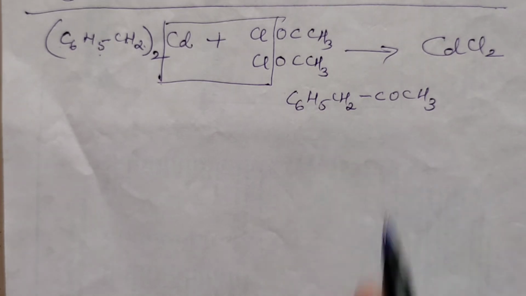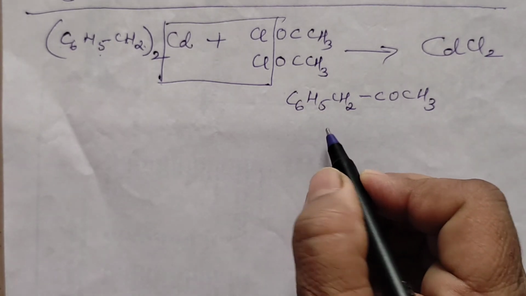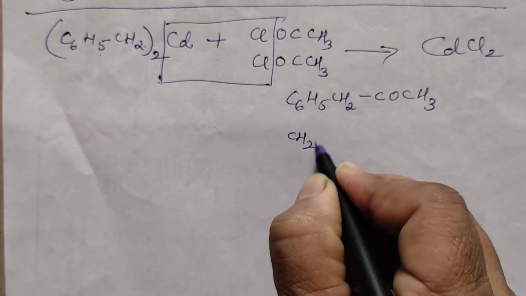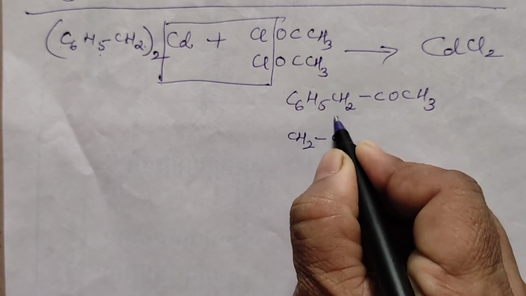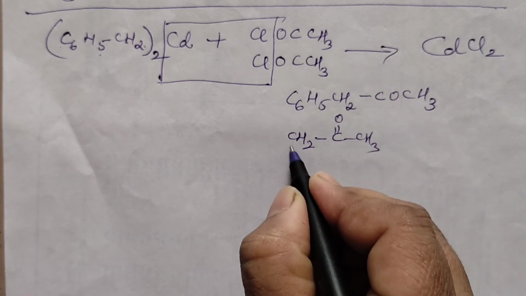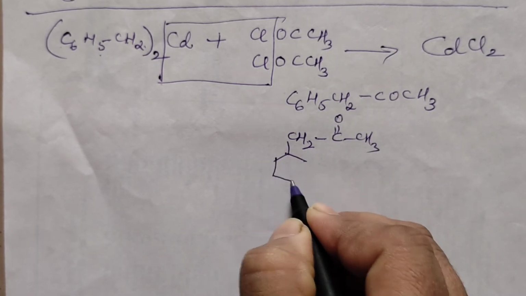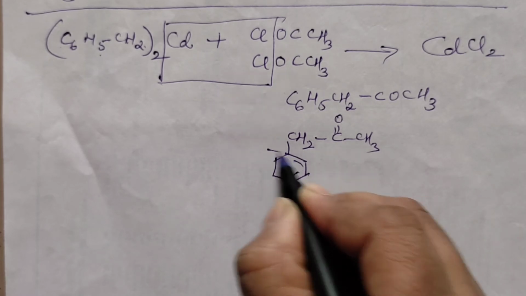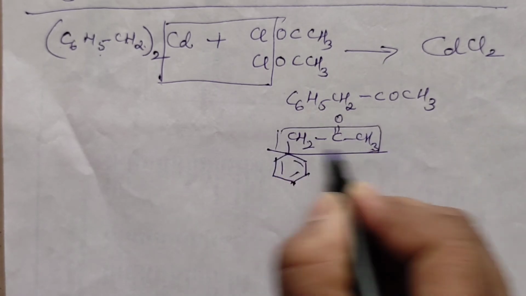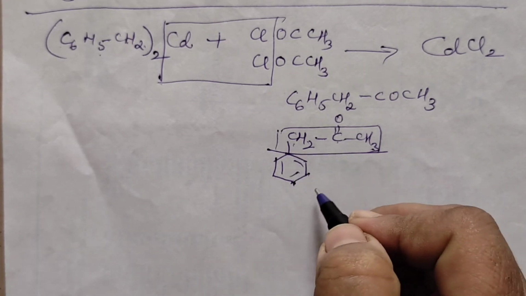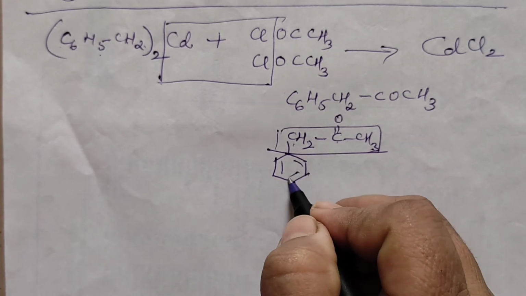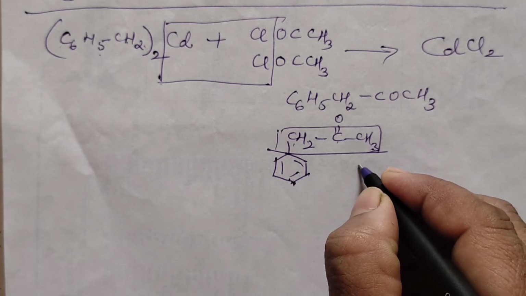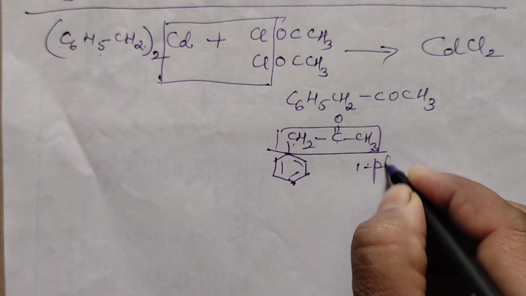Now I hope you can name this. To name this, I feel it's always better you expand the structure and write. This is ketone and CH3. On this carbon you have a phenyl radical attached. So this is now a prefix, and this is my main chain. From this side you will be numbering because ketone is not getting affected. So at position one there is phenyl, so you will write this as 1-phenyl, or simply phenyl.